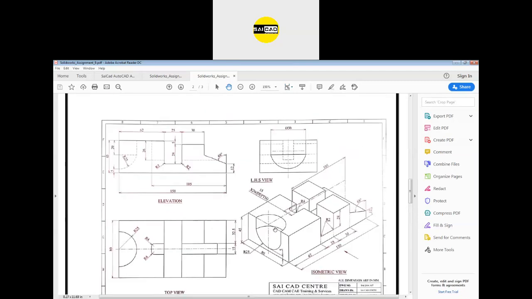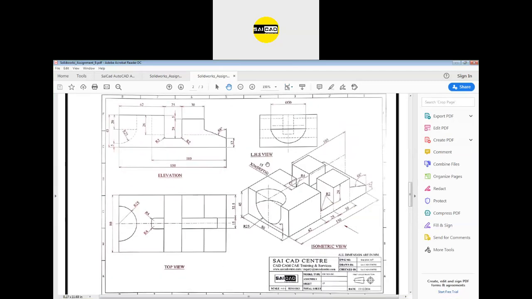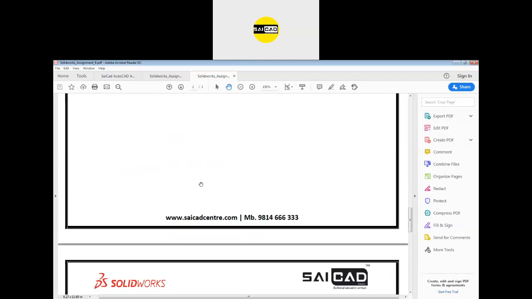Create this file first, create a 3D model and create the drawing from that. Create three views, use the text to note the view names, and use the dimension tool to show all the dimensions. Don't show the dimensions in isometric, just show the dimensions in the orthographic views.